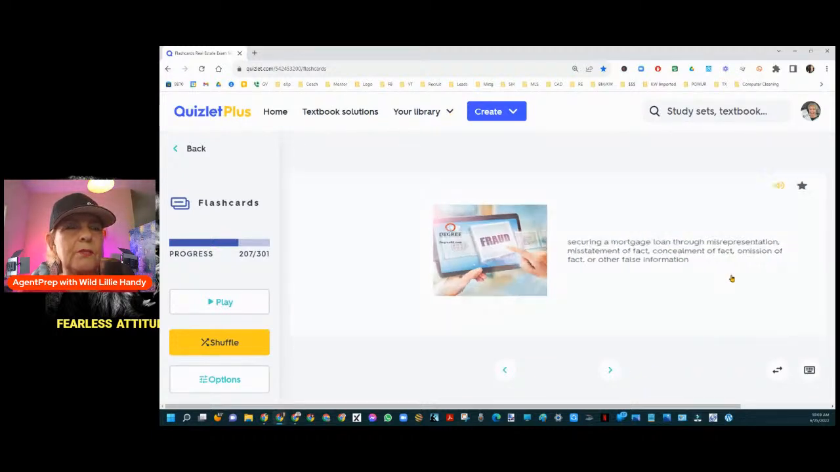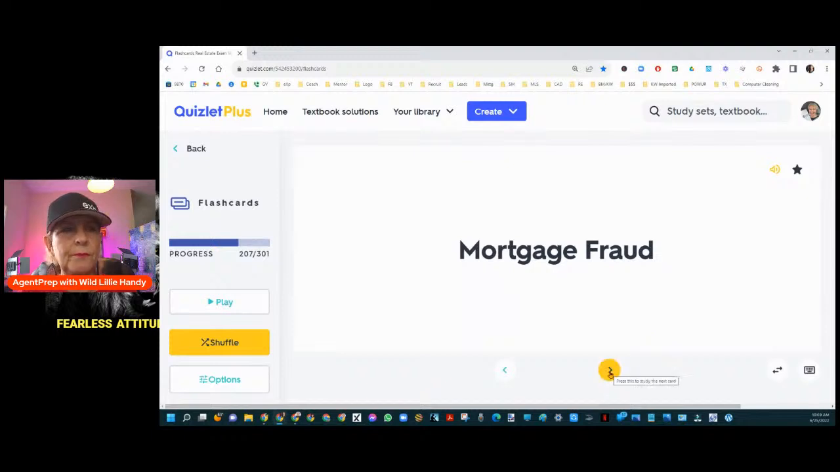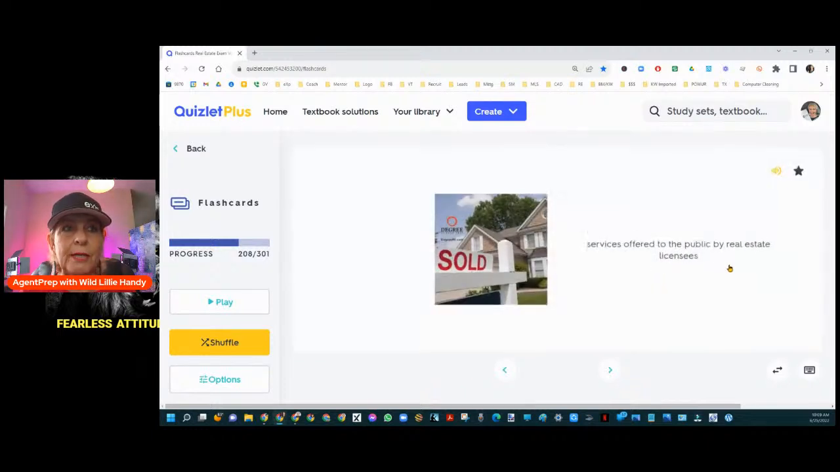Okay. So that is mortgage fraud. Real estate services. That's what we're going to be providing, right? Once we become realtors. Services offered to the public by real estate licensees, and we get paid, right? So when we provide a service and expect to get paid, then we must get a license, okay? A Texas real estate license or whatever state that you're in. I say Texas because I am based out of Texas. However,